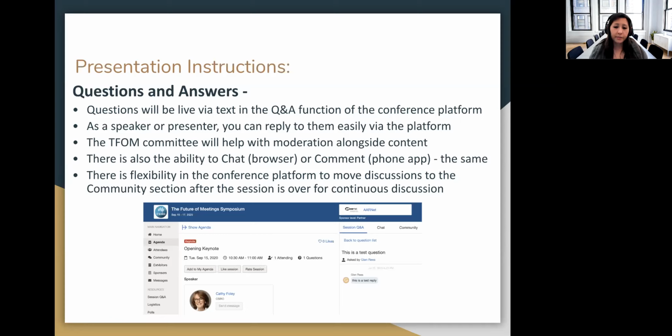And yeah, so there's a lot of flexibility in the platform. You know, this community tab is sitting right next to each talk. So someone could say, hey, this was a really cool topic. Let's start a discussion group about this and talk more. So I think there's a lot of flexibility to really take the discussion beyond a set talk time.